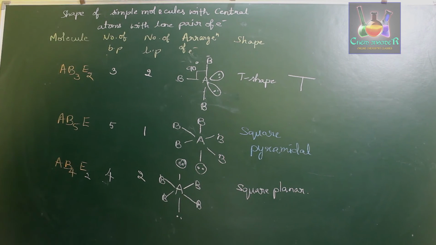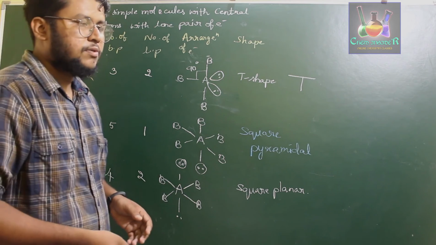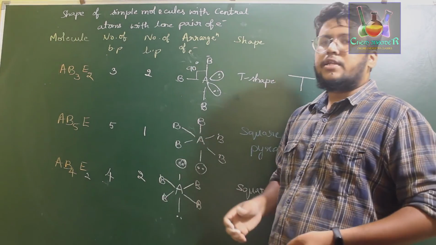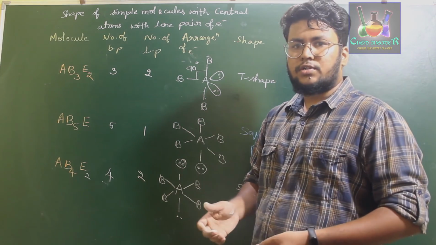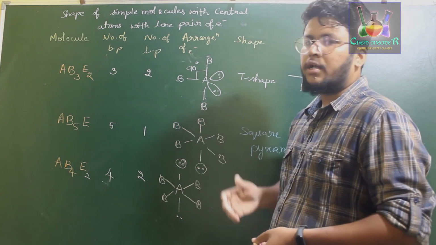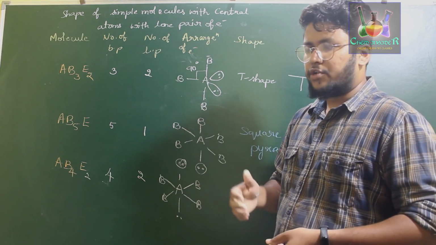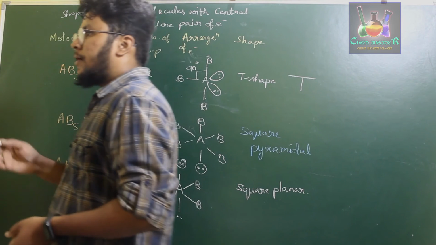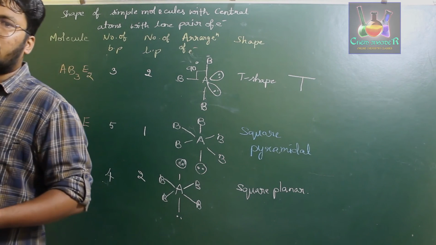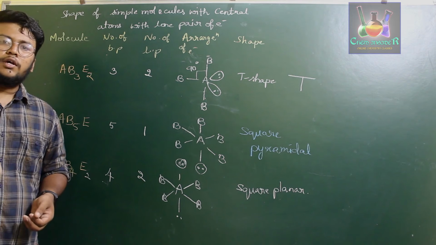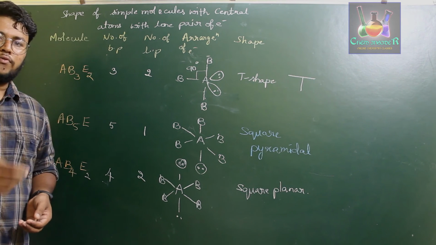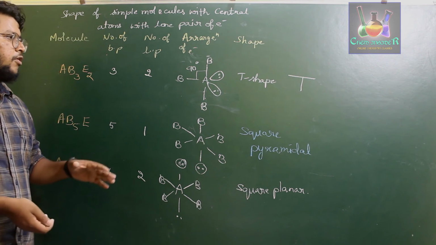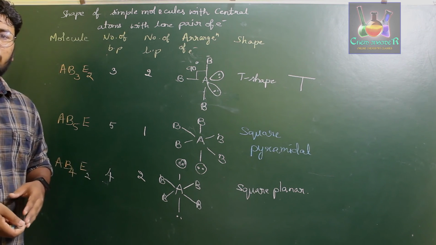Okay, so this is all about the shapes of molecules which have a lone pair of electrons, and the reason for them, which I have explained already. Since the lone pair repulsion usually causes a difference in compounds which have both lone pairs and bond pairs, the bond pair repulsion will be easily overcome by the lone pair repulsion. Therefore, instead of forming the actual geometry we find in compounds which have no lone pair of electrons, the geometry will be slightly altered if a compound has a lone pair of electrons.